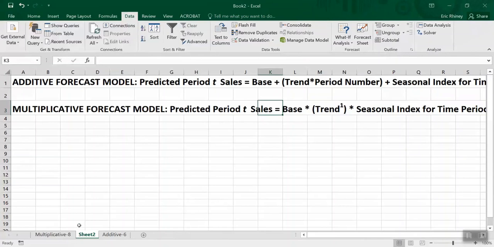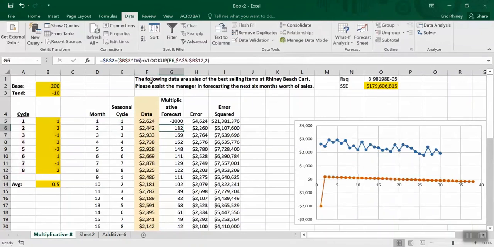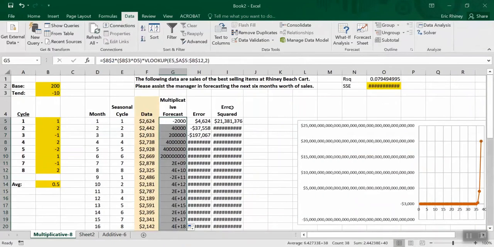All right, so let's go back over and let's go in here, and we're going to change this to multiply this. To change to a power, you use the caret, which is this, and then we're going to change this to multiply. It's that simple. I mean, that's all there is to going from an additive to a multiplicative type of forecast. And now I'm just going to copy this straight down. And we know the errors are way off,